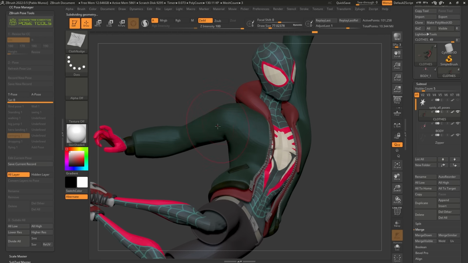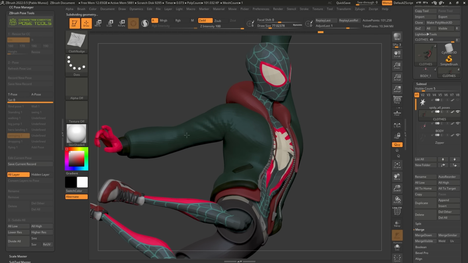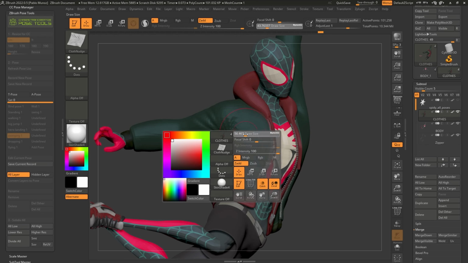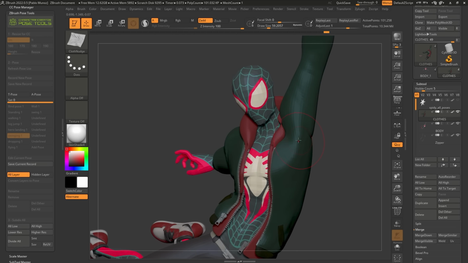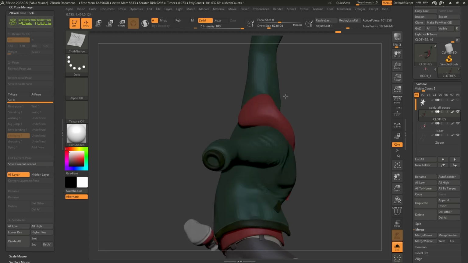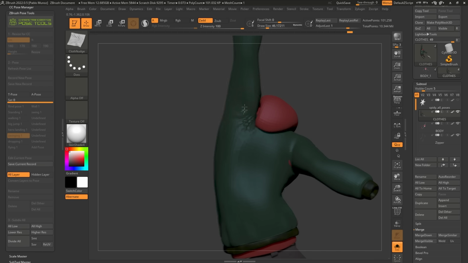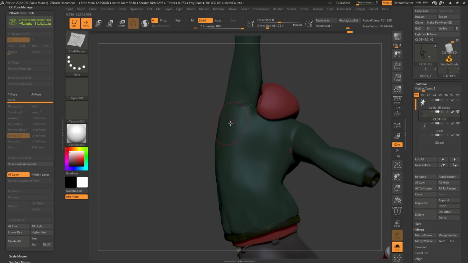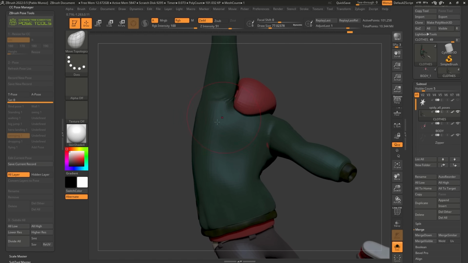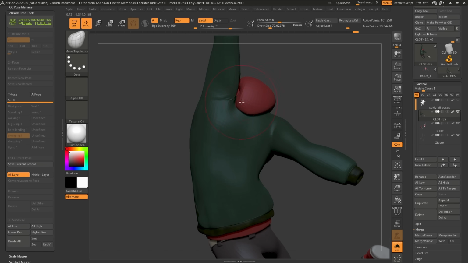So now I'm going to use this brush, just nudging things like so, and you see it creates a nice effect of wrinkles and folds happening in the clothing. With this brush, you have to be pretty subtle in the way that it works. I'm going to smooth this out as well. So you can use any of your sculpting brushes. Let's create a bit of a compression here on the shoulder. We go into solo mode as well. And we can use the smooth brush. Like I said, absolutely any type of sculpting brush. So maybe the Move Topological, let's push this out as well, so there's no intersection.